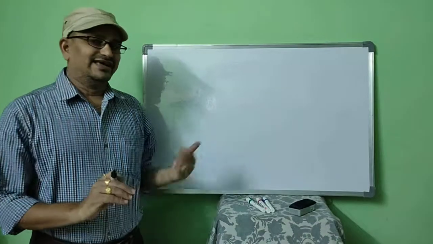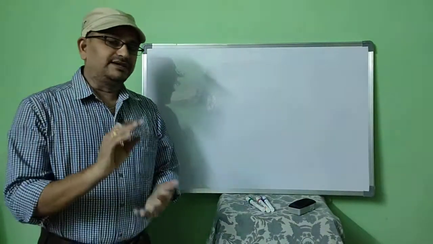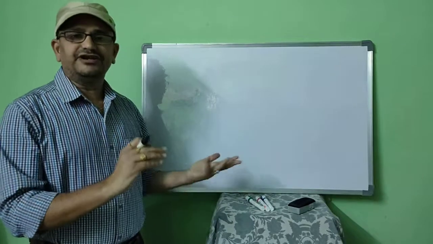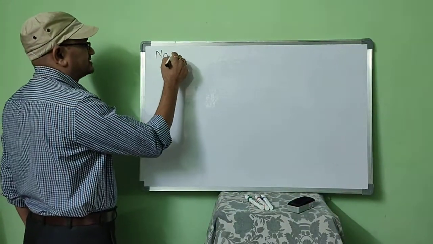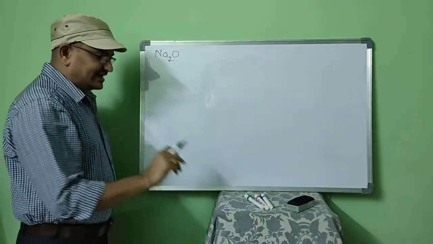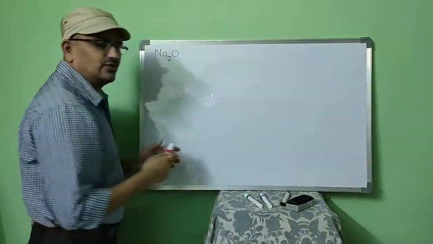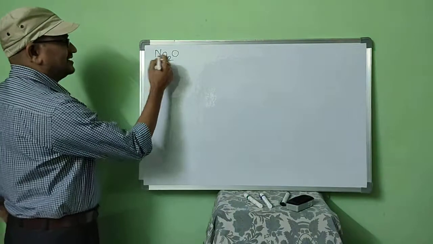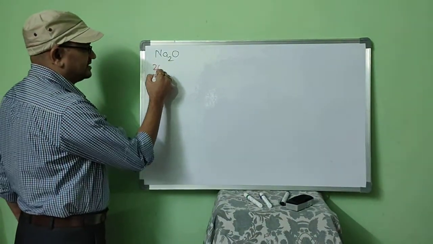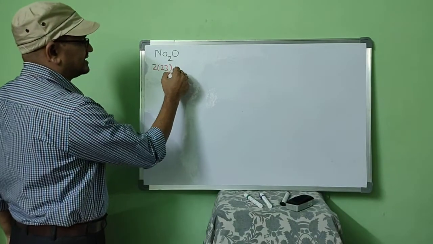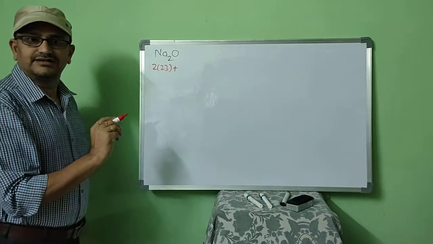Hello everyone. In this session, we'll continue the topic equivalent mass with some different examples. Take sodium oxide, or sodium monoxide, Na2O. In this example, let us find the equivalent mass of sodium. You know the atomic mass of sodium is 23. As two sodiums are there, 2 into 23 grams had combined with